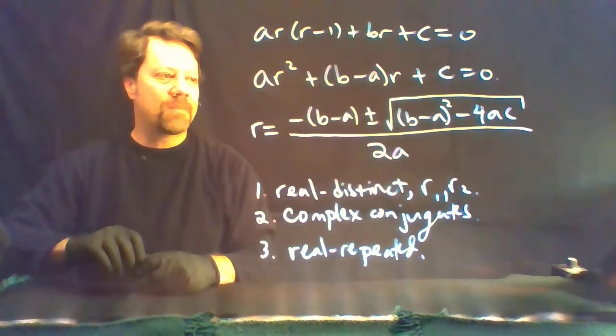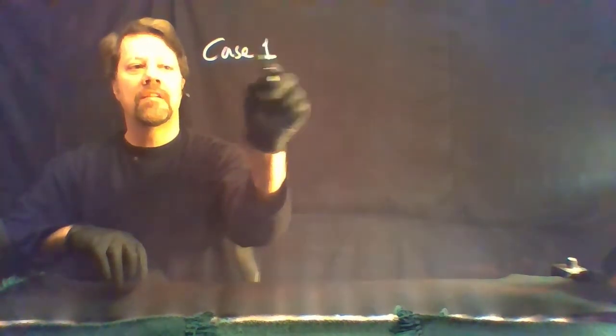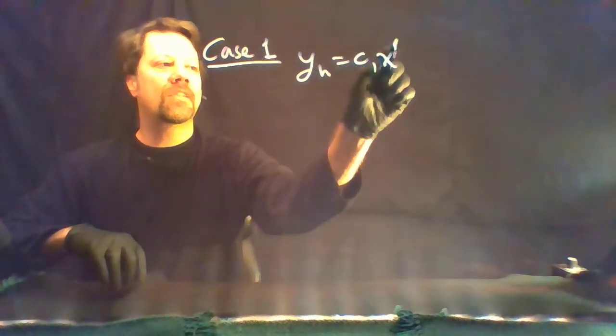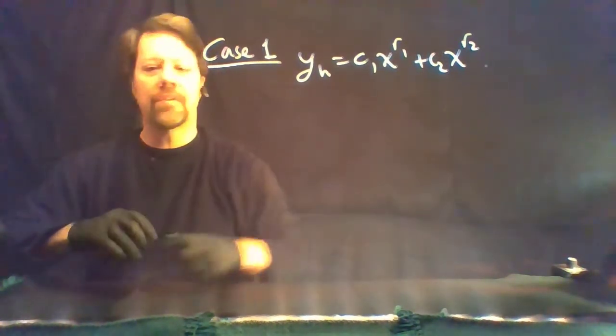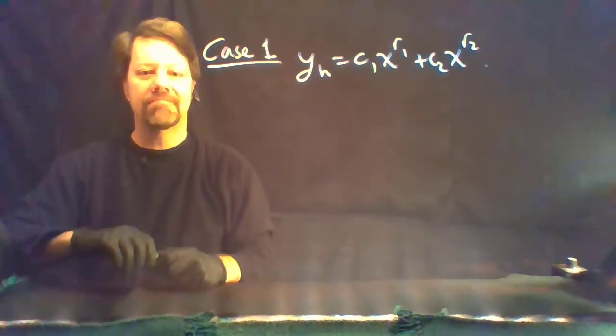Case 1 is very simple. By the theory that we've developed so far, for case 1, the homogeneous solution will be C1 x to the r1 plus C2 x to the r2 for the real distinct roots r1 and r2 of the characteristic equation. For case 2,